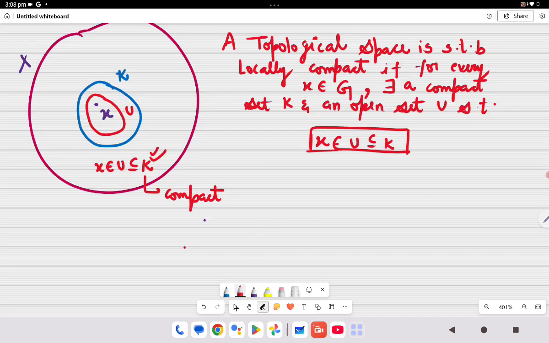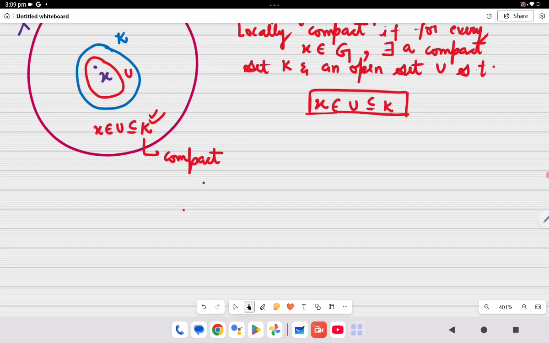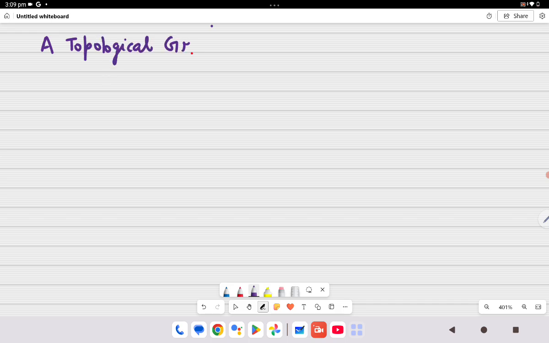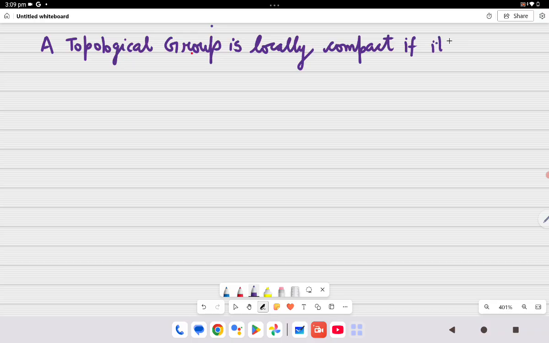अब एक टोपोलॉजिकल ग्रुप को ध्यान रखना, हम लोकली कॉम्पैक्ट बोलते हैं इफ इट इज लोकली कॉम्पैक्ट एंड हाउसडॉर्फ, ओके। A topological group is locally compact if it is locally compact and Hausdorff, okay।